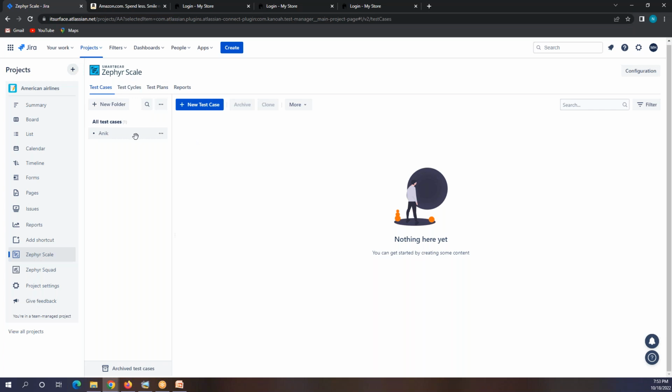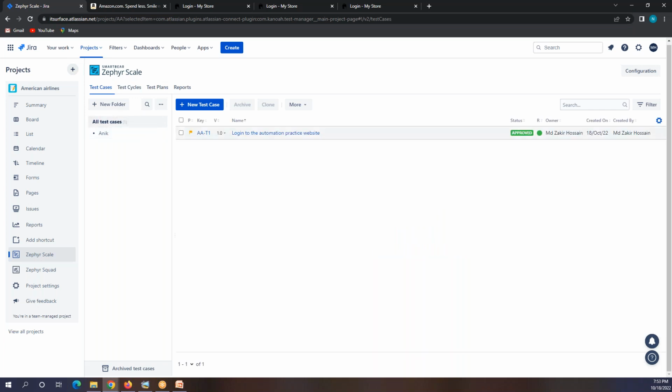Or let's say that you have created these test cases now, and after 3 months, you have to execute the same test cases again. So you have to come back, go inside these test cases and do the execution. Once you do the execution, if it's passed, then it will be passed. If it is failed, then you have to check that manually again. And if you find any issue, you have to log a defect.